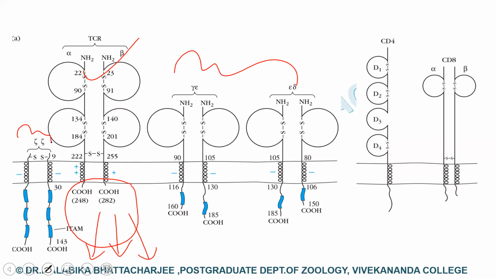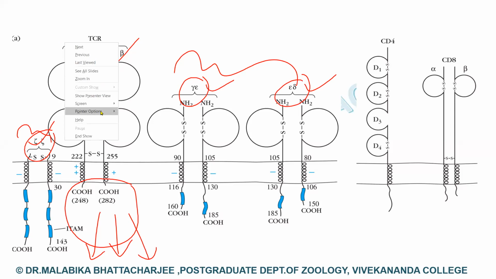As you can see, the CD3 is made up of 3 dimers. One is the gamma epsilon chain, the other is the delta epsilon chain, and the third is the zeta zeta chain. So we have a delta epsilon dimer pair, we have a gamma epsilon dimer pair, and finally the 2 zeta molecules. Sometimes there is a zeta eta heterodimer present also, but this structure has not been shown in the figure.